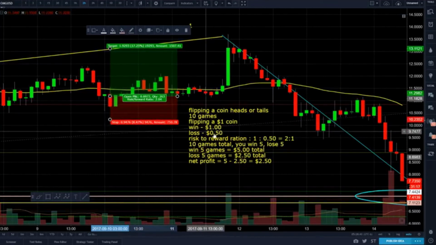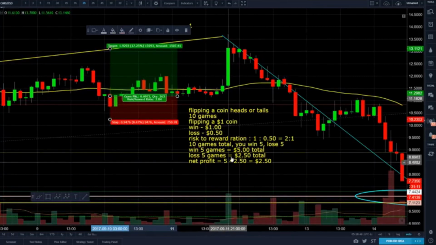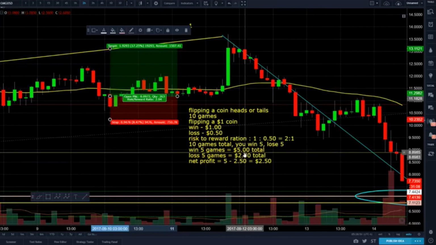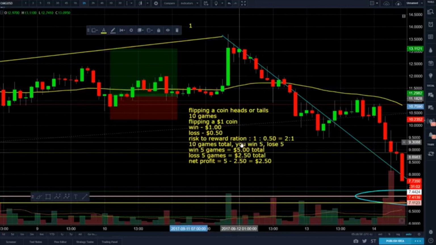Well, if you play 10 games total, just based on simple probability over 10 games, you would actually be up $2.50, right, guys? Does that make sense? So that's how we use risk to reward ratio to calculate our win probability and our win expectancy over time. So over time, you are absolutely going to win if you keep making trades at a 2 to 1 ratio,